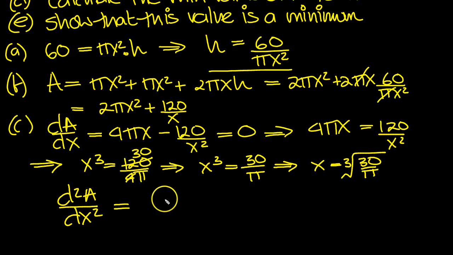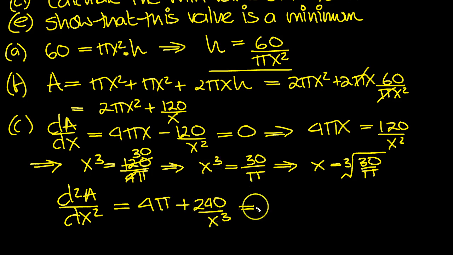So d2A by dx squared then. Here's the dA/dx, just differentiate this again. It's going to be 4 pi minus, the 2 comes down, minus 2 comes up, so it makes it a plus. 2 lots of 120 is 240 over x cubed, which equals, now if we put the value in,